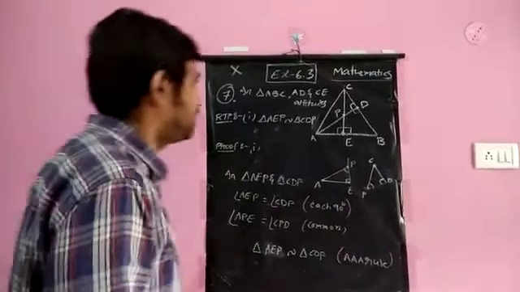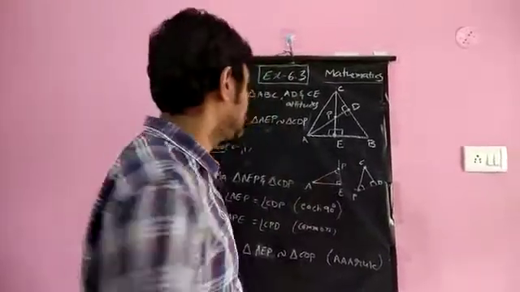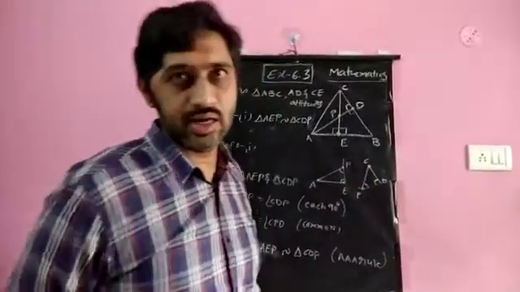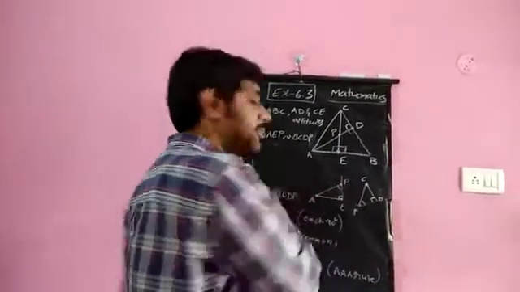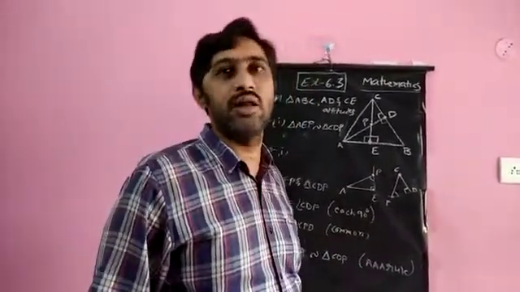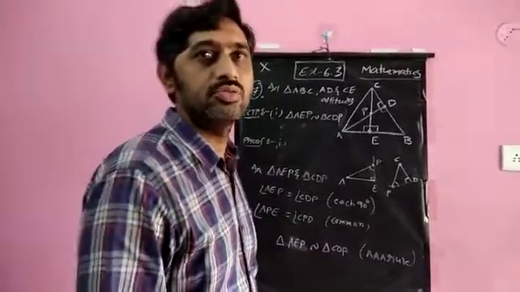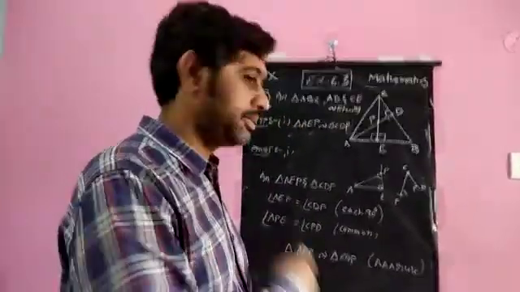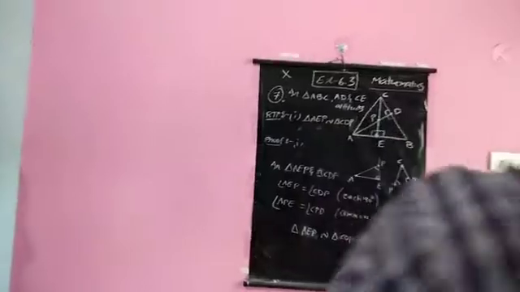Similarly, for the remaining 3 parts, it is the same figure. You draw rough diagrams of the small triangles which you need to prove as similar. Definitely, you will get one angle as 90 and the other angle as common in all 4 parts. So you need to do the remaining 3 parts.